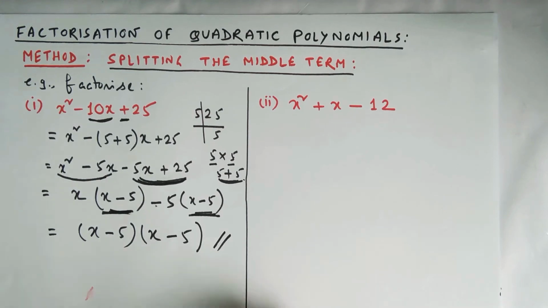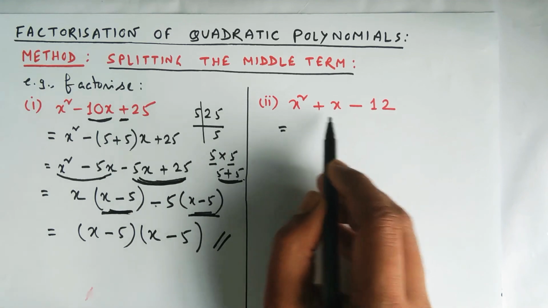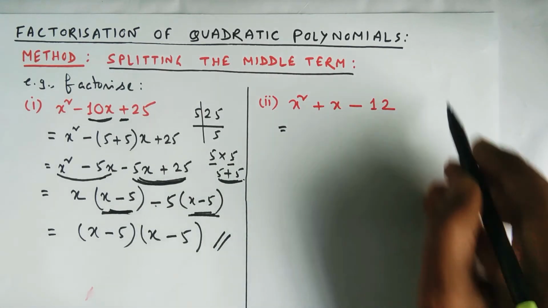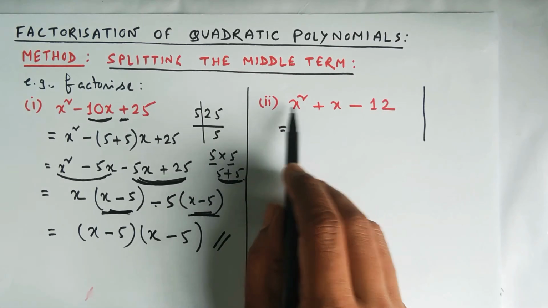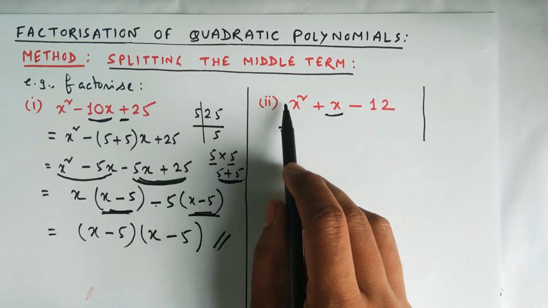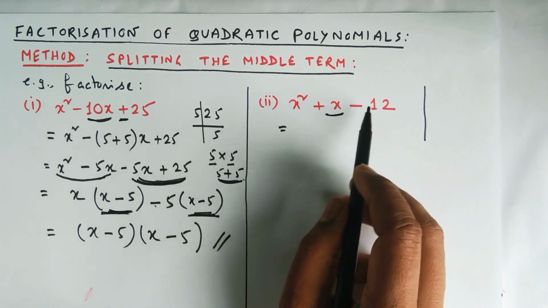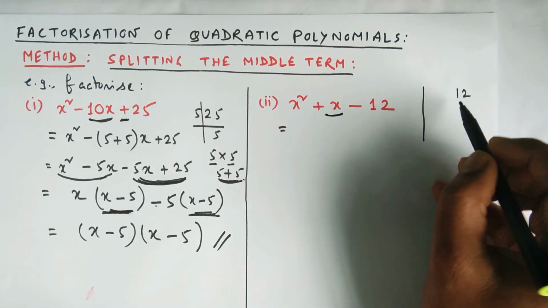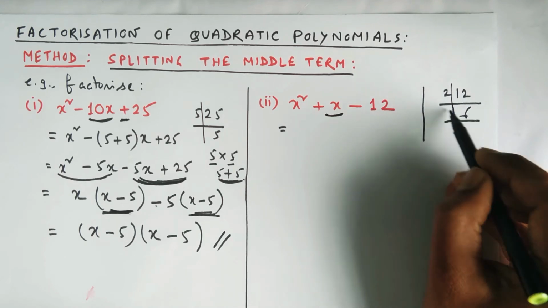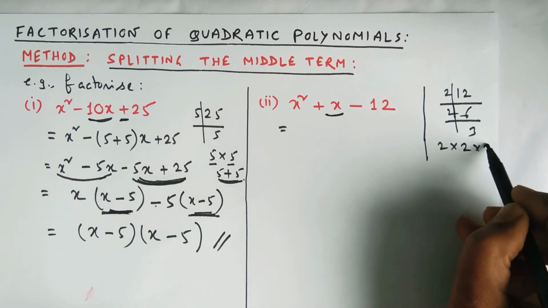Done. Come back to another question, number 2: x square plus x minus 12. This is the question. Now this procedure is the same. What we'll do, we'll see the number, this x, we'll split into two terms. What is the number here? 1, and here 12. I said the first and the last number will multiply, so 1 into 12 is 12. Now these 12 will be prime factorized: 2, 2 6, again by 2, 2 3. Now you got this number 12 as 2 into 2 into 3.